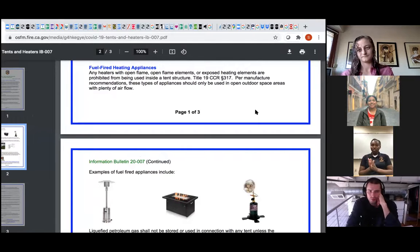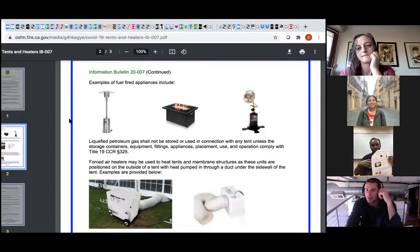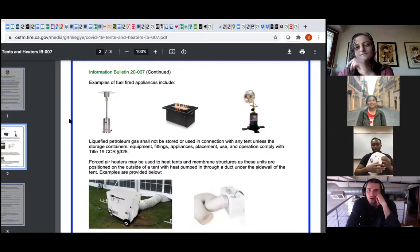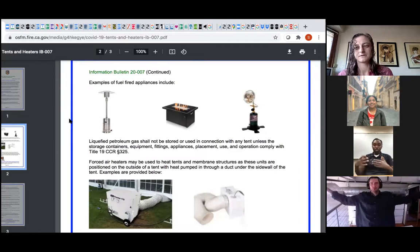Some of those heaters that I've seen are on page 2 of that bulletin. At the top here, these are some of the heaters that you'll see. This one here usually uses a propane tank inside of it in the bottom little cabinet. These are the tabletop ones. And these I often see come out of Costco, like the heat fans. Actually, these are propane too. They use a fan mechanism, and you'll see them in outdoor stores. A lot of places will run and get them for $200 and put them inside of a tent. But the issue with that is that all three of them